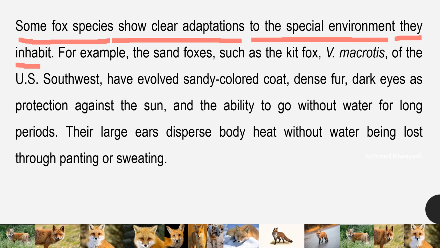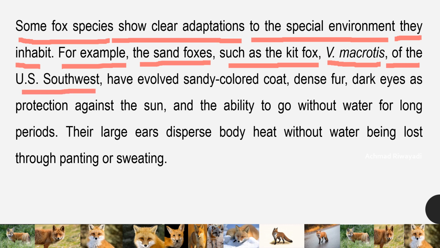For example, the sand foxes, such as the kit fox, Vulpes macrotis of the U.S. Southwest, have evolved sandy-colored coat, dense fur, dark eyes as protection against the sun. Misalnya, rubah pasir seperti rubah kit dalam bahasa Latin Vulpes macrotis yang tinggal di Amerika Barat Daya telah mengalami evolusi